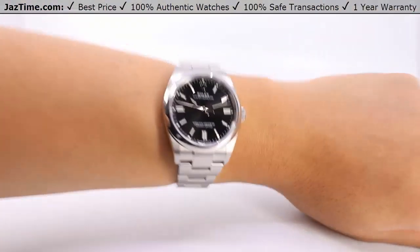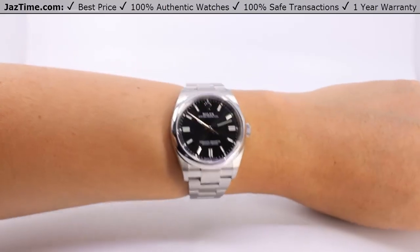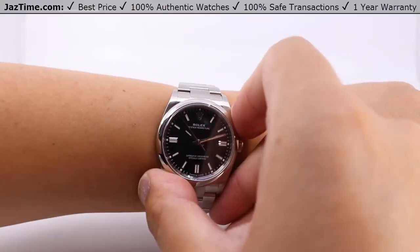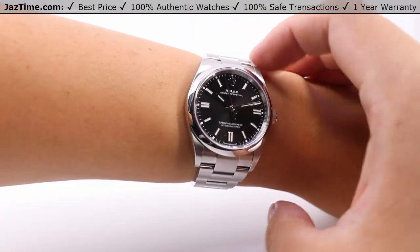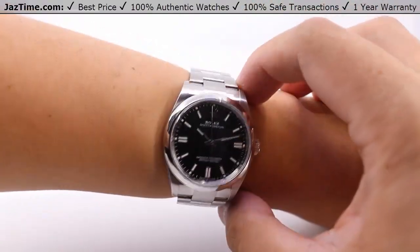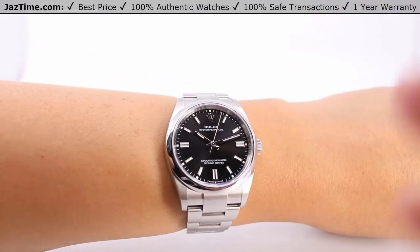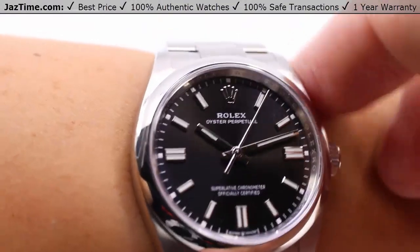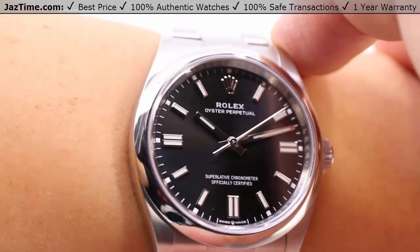Now, keep in mind, my wrist is 7 inches in circumference or 18 centimeters, and lo and behold, 36 millimeters, my favorite measurement for any Rolex watch. It's the perfect measurement for me, at least, the sweet spot, allowing you to get the nice framing from the 12 and 6 o'clock sides for that bracelet to give you a nice sense of this watch with that dial. The dial's not too big, and the case is not too big to over-encumber my wrist, and it's nice and